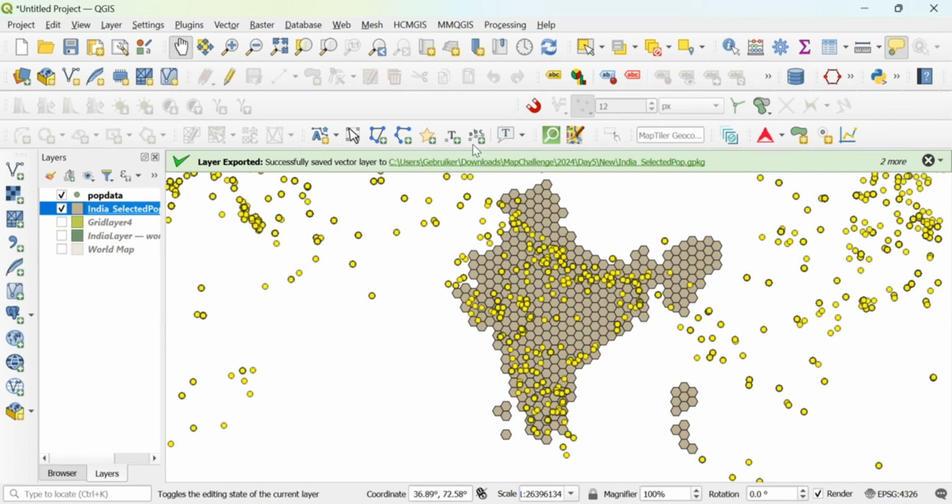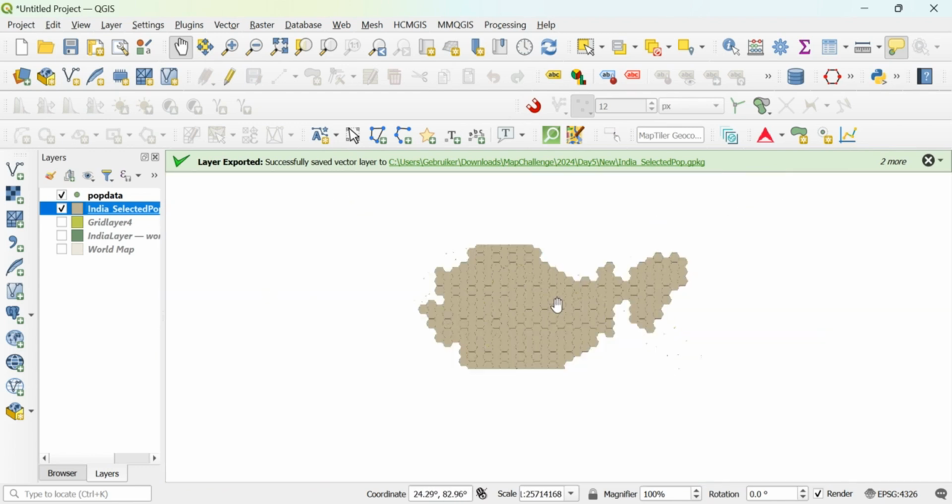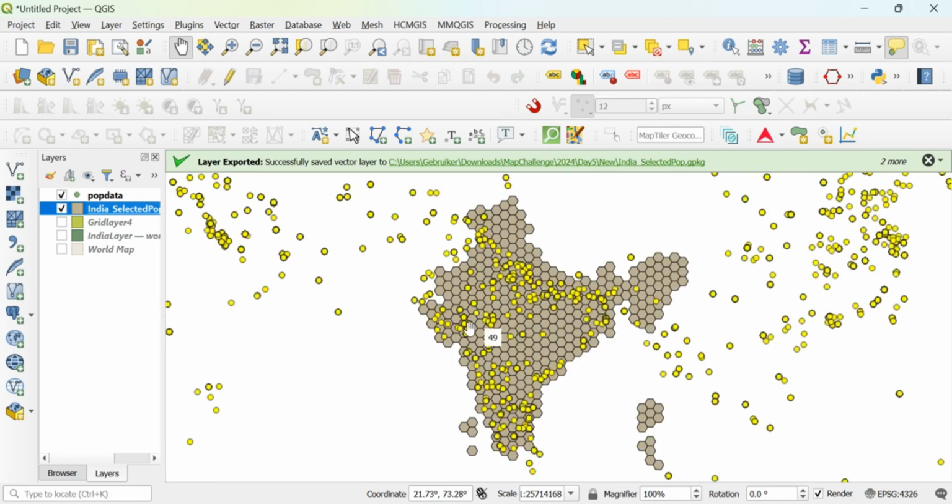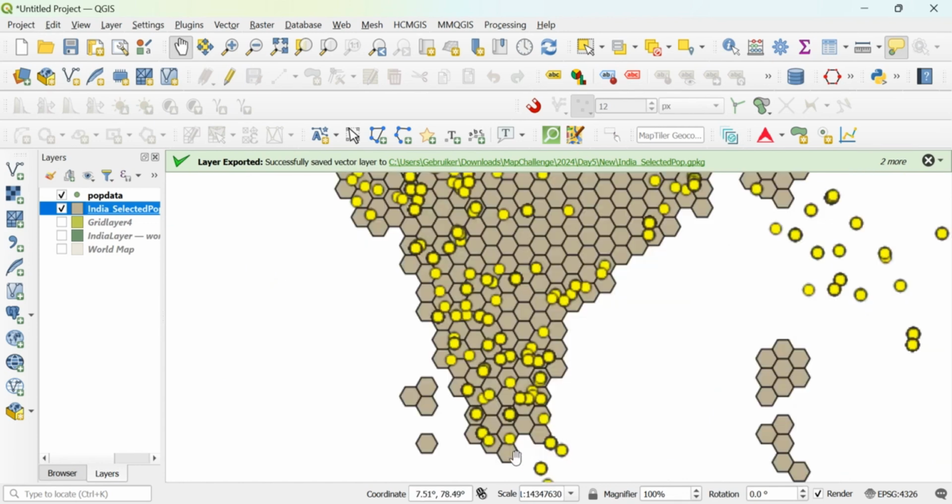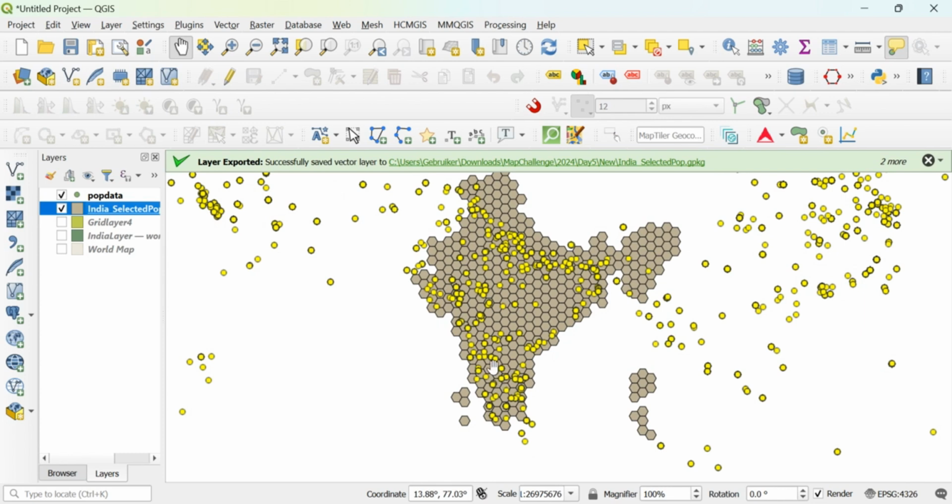What we want to do next is to count the number of polygons, or just to compute the density. It's not really a proper way of calculating the density, but we just want to count the number of population point data that falls within each polygon, and then on the basis of those counts we can know the density also. And I think even without computing that, you could see that the density is along this route and along this side.